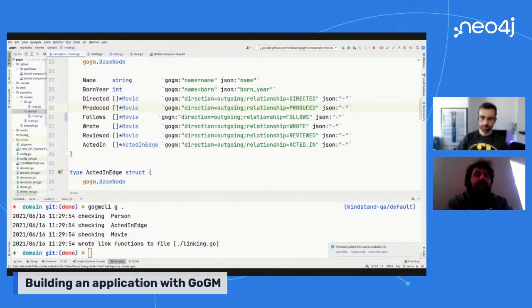That way, Gogem can tell if the node was loaded with the ID 0 versus freshly created, because the zero value of int64 is 0. So there was no way to tell if it was new or not. So making it a pointer, if it's null, it's new. And since that part's buried in base node, it shouldn't affect anyone. As long as it's updated, it'll know to use the correct thing. And then the save and load functions were adjusted to accommodate for that.